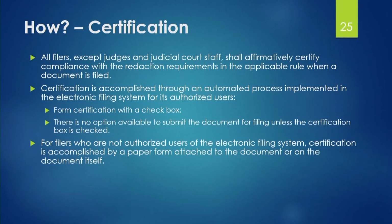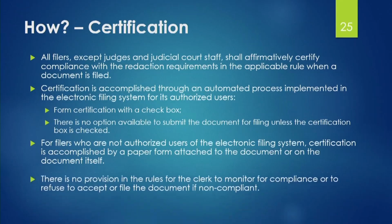For folks who are not authorized users of the e-filing system, and for that it would be pro se folks that are not eligible at this point at least to use the e-filing system, they have to certify compliance using a paper form that is attached to the document or appended to the document itself. And